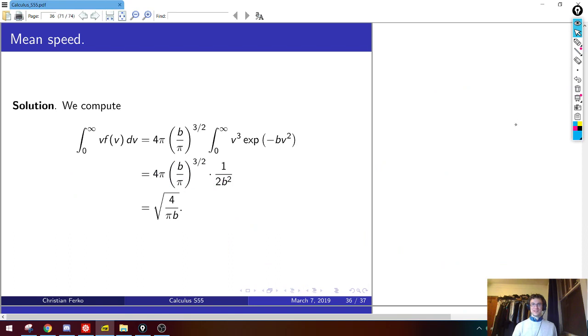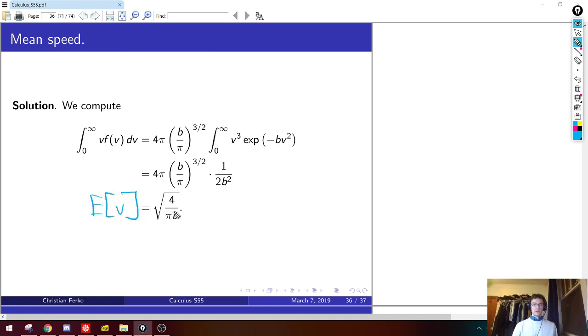But as you said, the integral basically gives you that 1 over b squared from that part, and then when you combine it with this 3 halves, we can turn this into a square root. You sure you didn't move a half onto that 4 pi before? Oh yeah, I put it into a square root of 4, okay, 2. It's just nice to write it all under a square root. Okay. So this is the expectation value of v.